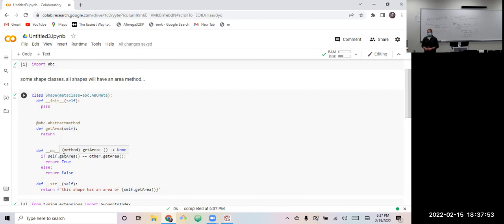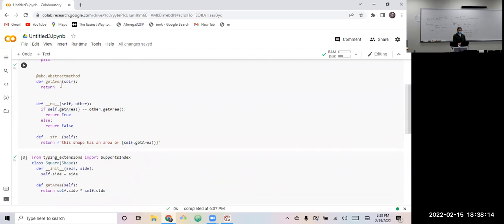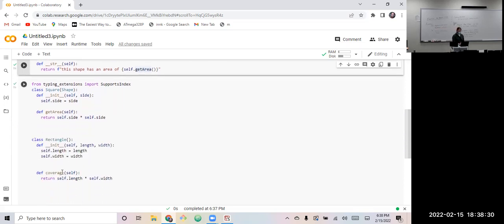So even if we created one of our squares with side length of 1, and one of the rectangles with a side length of 1 times 1, we can't check equality in a conditional statement because they didn't follow this rule that we set up for what it means for shapes to be equal. And that's where interfaces and abstract classes come in. It's like setting up rules that things have to follow so that we know the stuff will work together ahead of time. Then we get problems like this.